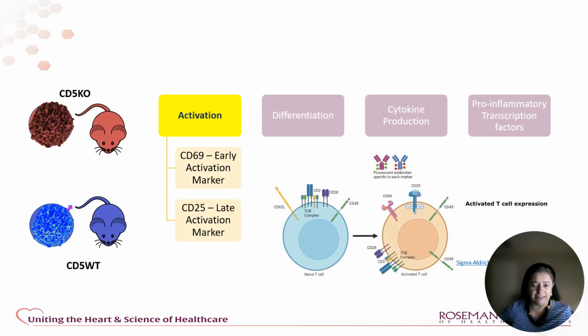Now, the activation is important. Once the T cell is activated, you remember it has two signals. It has to have the MHC activated with the TCR complex. This is one signal. The other one would be the CD28 with another one from APC cell, which is the CD86. And then finally, we have cytokines that contribute to the activation of the naive T cell to an activated T cell. Also, once it is activated, to see how fast it is activated, there are two molecules that will give us that, and that would be the CD69 and the CD25.